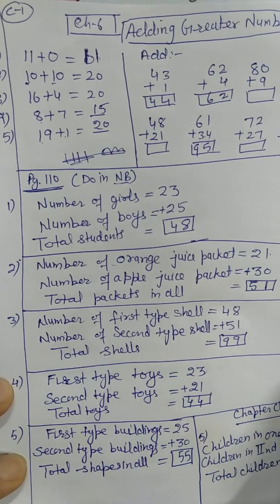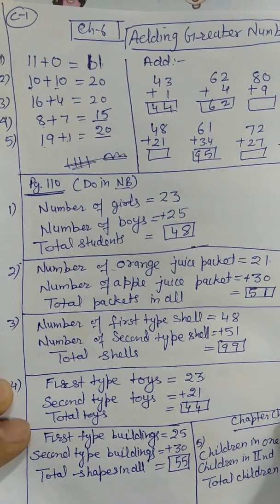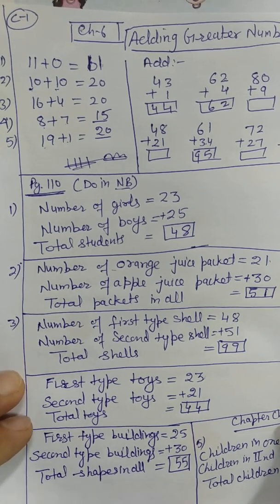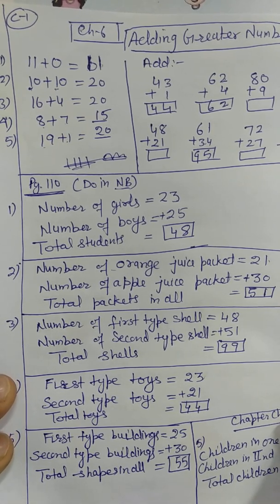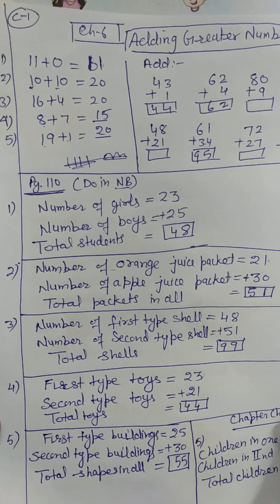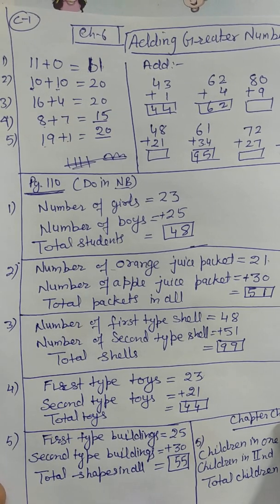So children, you have to do these questions in the notebook. You can pause the video and write, and you can practice the same type of questions in your book, page number 110. Okay, there is no need to write the statement; they have already given the space to add it. So do all these statements in the notebook and practice the same questions in the book. You can pause to see the page.